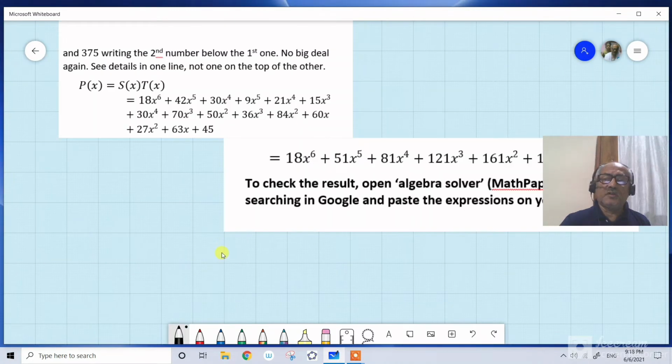Next board. Considering addition of two polynomials, which is again a polynomial, we may consider subtraction of two polynomials, and rather it is superfluous to discuss that because it is in the same lines as addition. Just as we subtract two numbers, we subtract two polynomials, just as we have added. Now take an example of multiplication.